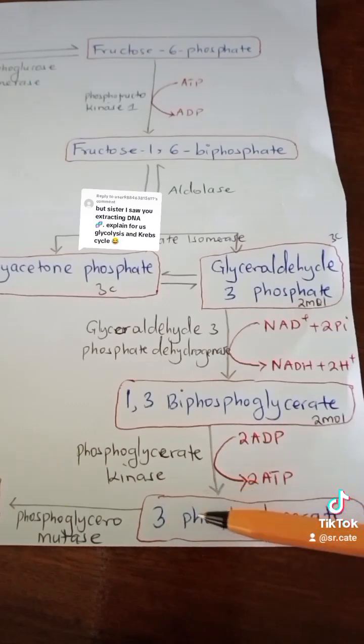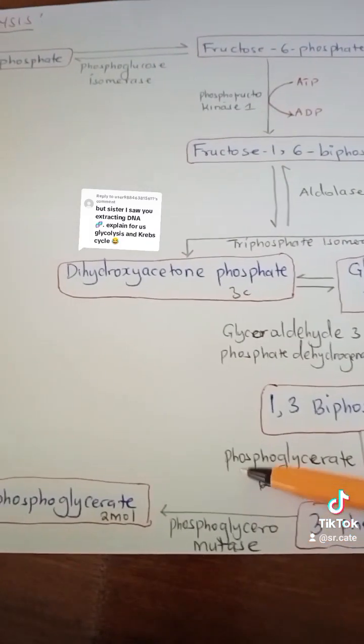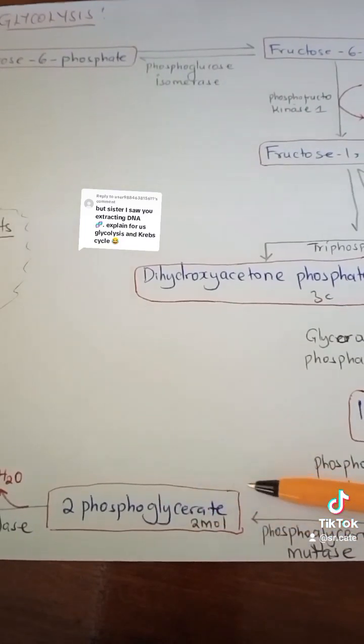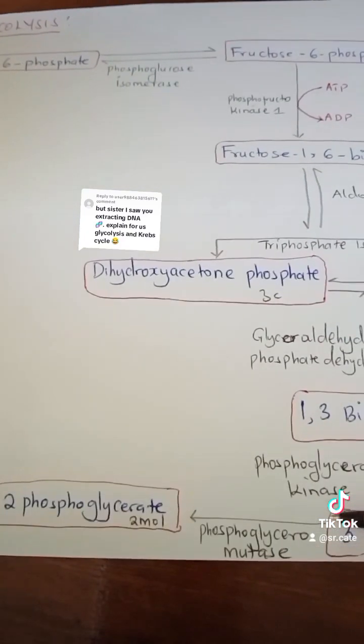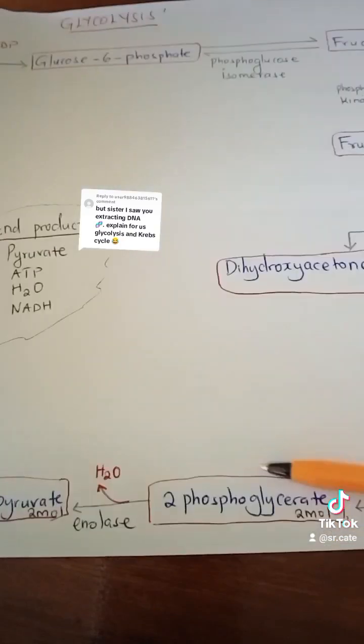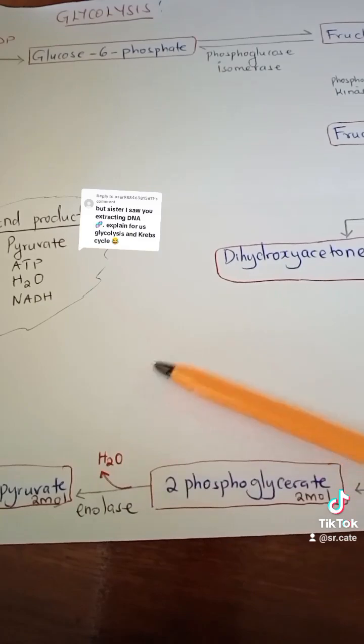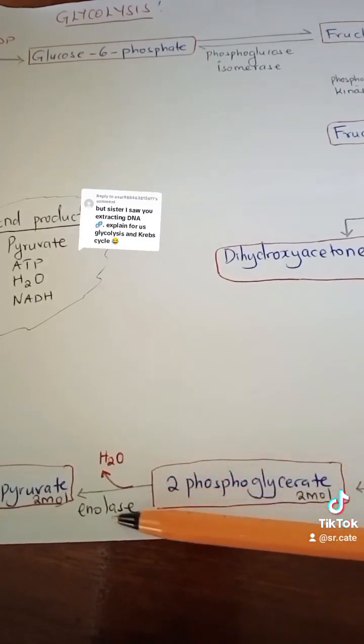From here now, the phosphate is attached at the third carbon. The next process is moving that phosphate from the third carbon to the second carbon. So what we get is 2-phosphoglycerate. And this reaction is catalyzed by an enzyme called phosphoglyceromutase. Now this 2-phosphoglycerate undergoes what we call dehydration or removal of water, which is catalyzed by an enzyme called